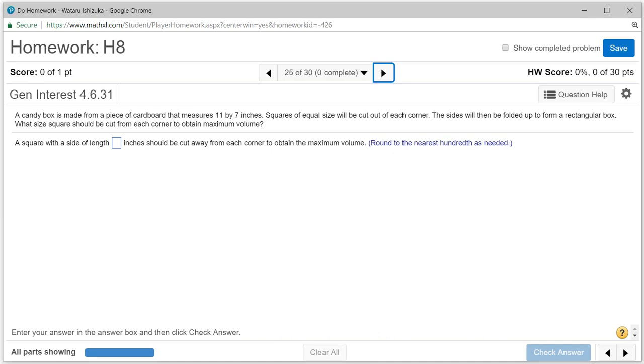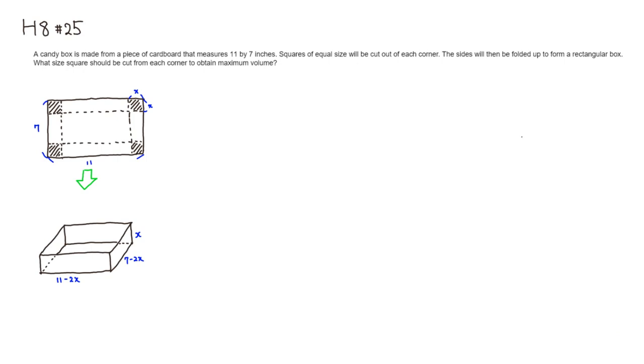All right, let's look at homework 8, problem number 25. A candy box is made from a piece of cardboard, 11 by 7 inches. Then we take the squares away from the corners to make a box. It's going to look like that. So you have an 11 by 7, and you take away 4 squares off the corners, and then lift the walls up to make an open box